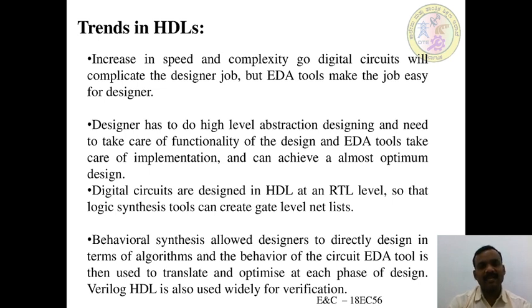For example, take an AND gate. An AND gate has 2 inputs and 1 output, and in only one condition will we get high at the output. In the waveform also we can see this. According to the truth table there are 4 conditions: 0 0, 0 1, 1 0 and 1 1. So what is the output? Only for 1 1 we get high. Based on that, if the circuit and the simulation are correct and your code is also correct, so everything is correct in the software, only then are we going to design in the hardware.